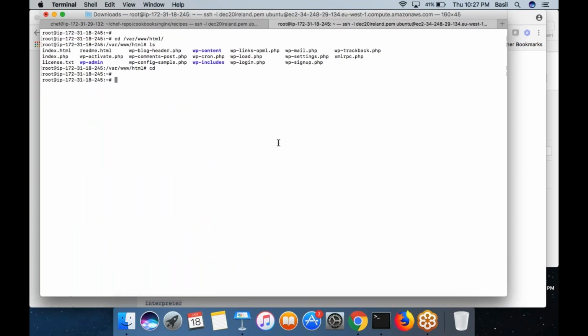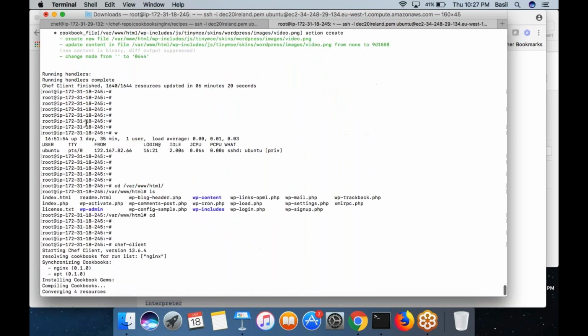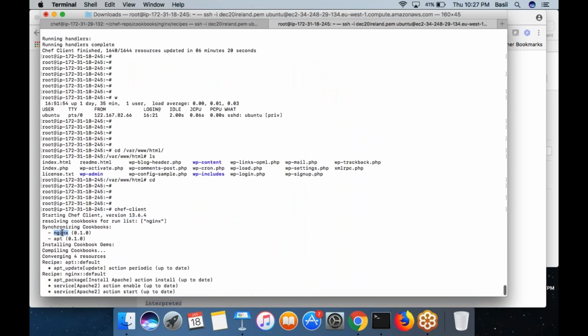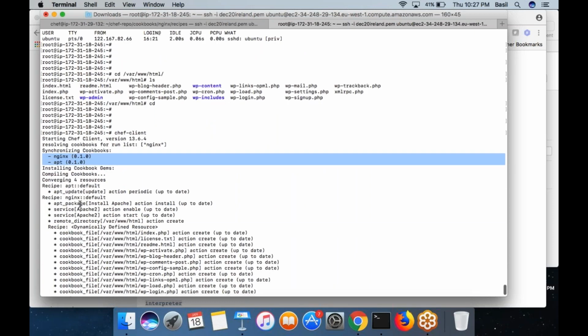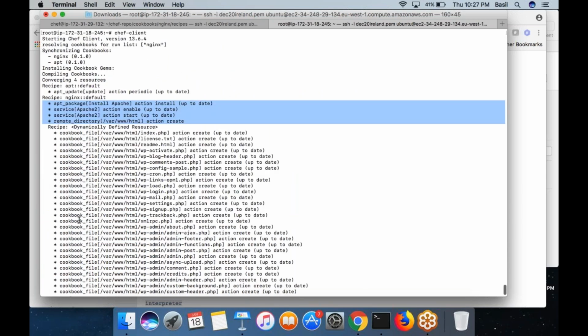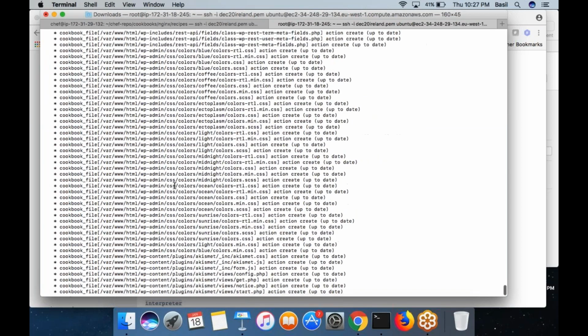So if you run the chef-client command, the same thing will happen, but through a different approach. Run the command chef-client in the web001 machine. First it identified the synchronized run list, it is Nginx. Then it realized that it is spread across two cookbooks. One is Nginx, the other is apt. They have been synchronized. Then it got the list. First apt default got executed, followed by Nginx default that contains these many resources. Each of them got executed one by one. Everything is looking good.